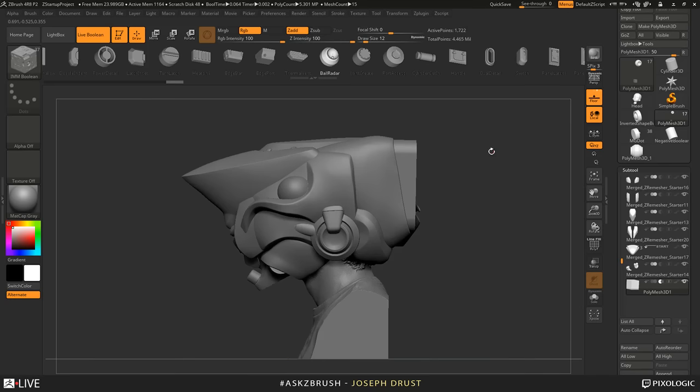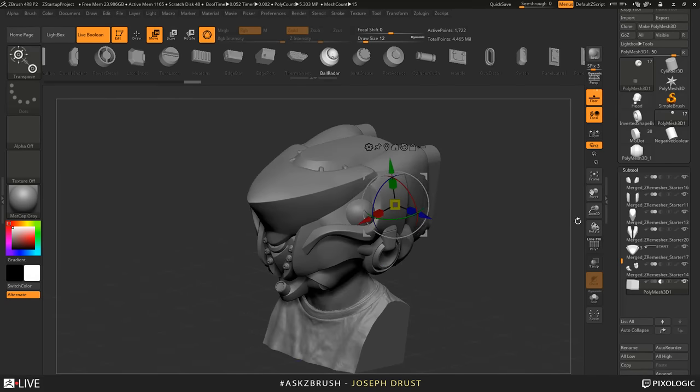Wait for it, wait for it. Where'd you go, boolean brush? Oh, start group. Start group got me. So remember the start groups. So there we go. So now I can draw this out, and you can see I'm going to get that